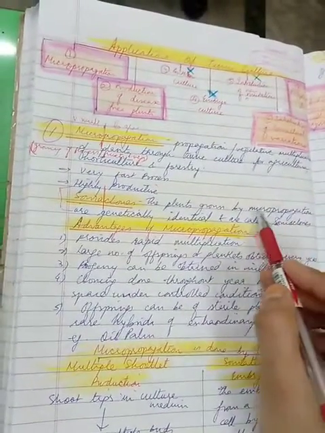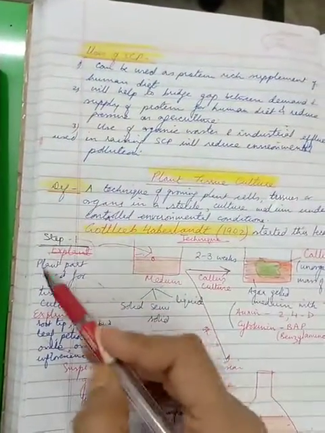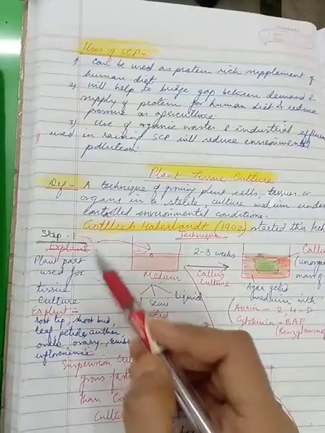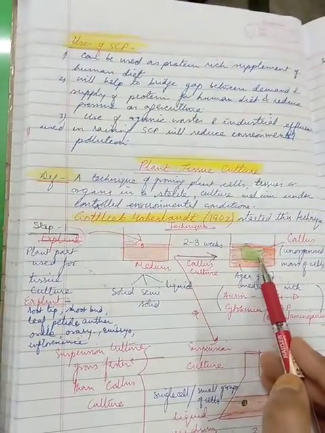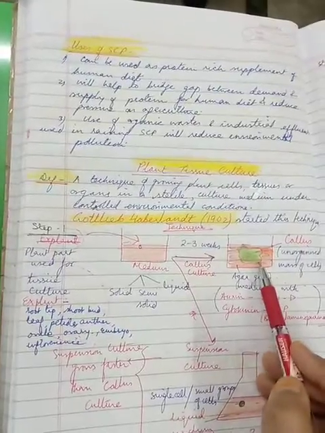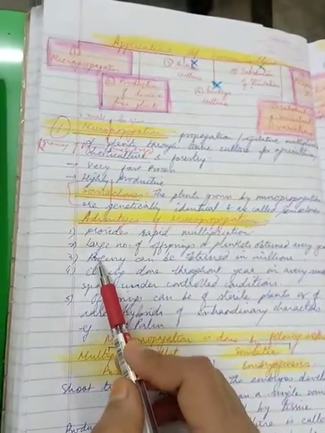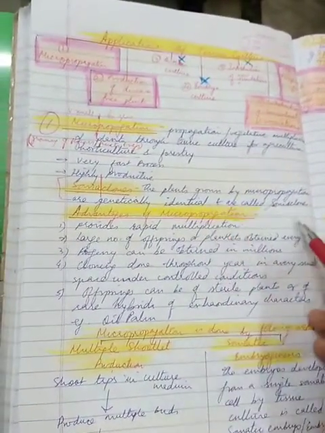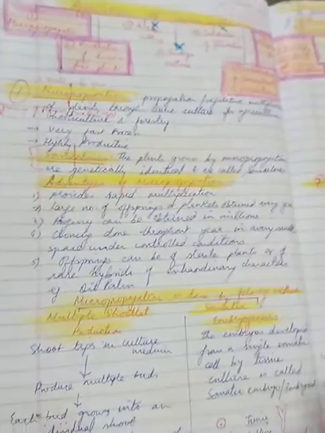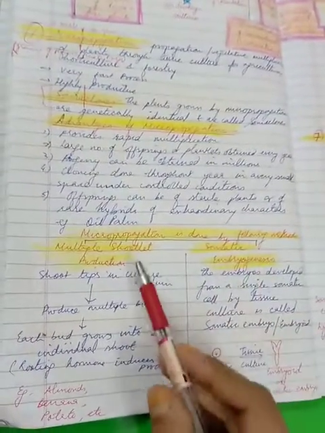So that means whatever are the genes of this explant, the plant part to be used in tissue culture, will be exactly the genes of the new plant to be generated. This is what you want to tell, right? Because there is no sexual reproduction, no genetic variations are possible, and such plants grown are called soma clones. Then micropropagation is done by the following methods.